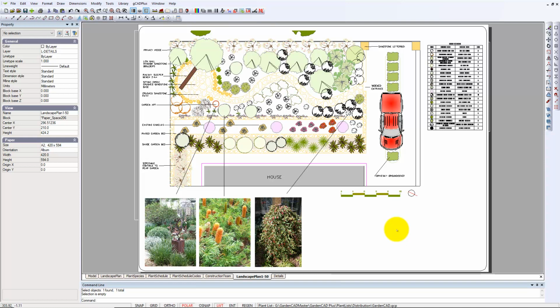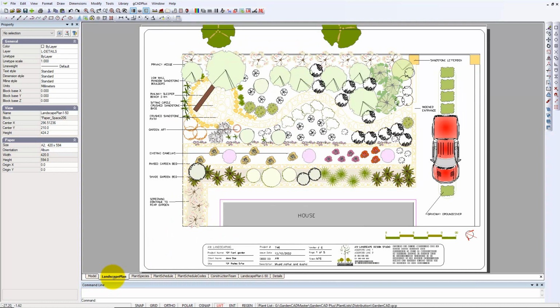This is part 3 in a series where we are demonstrating some of the capabilities of GCAD Plus landscape design software. Previously, when we looked at a layout, a landscape plan, and I'll click back to it, this is the one we worked with before. We made sure we included in model space a scale bar, a north indicator, and we